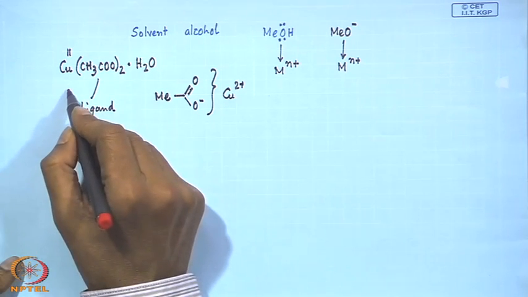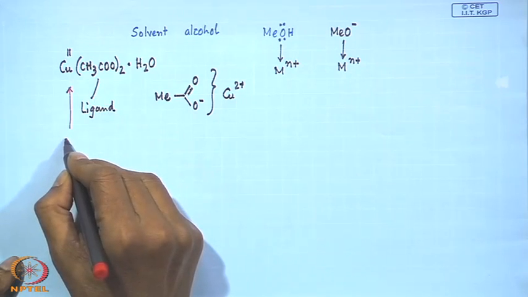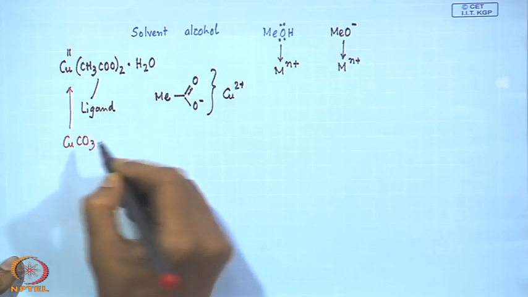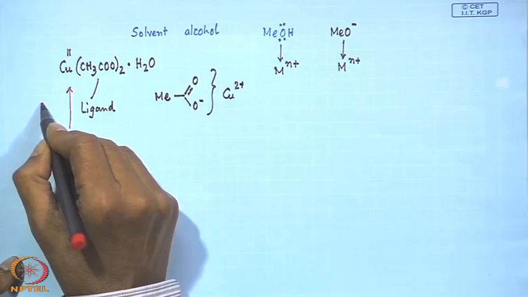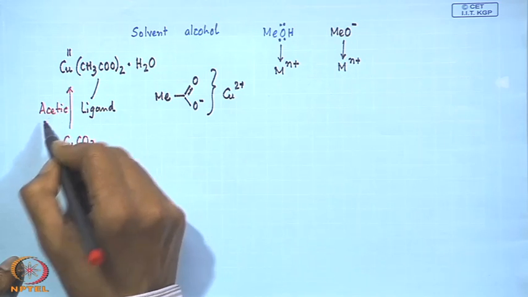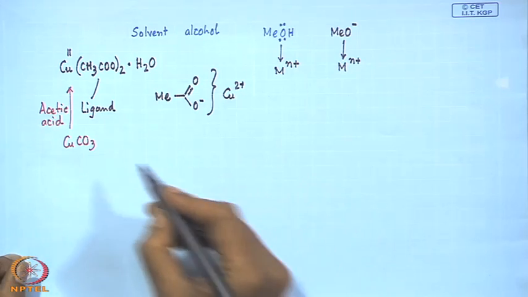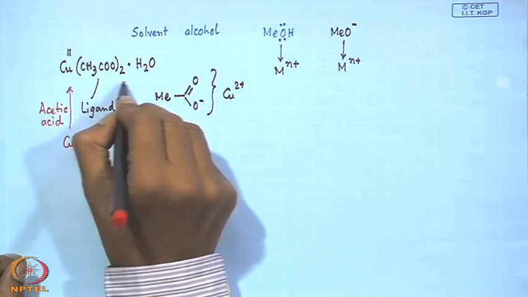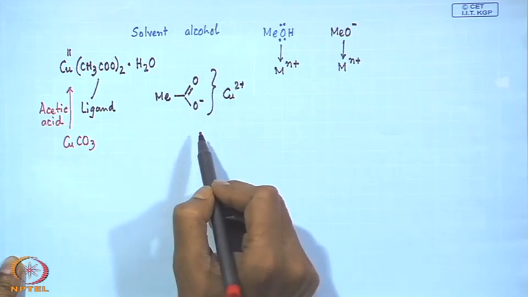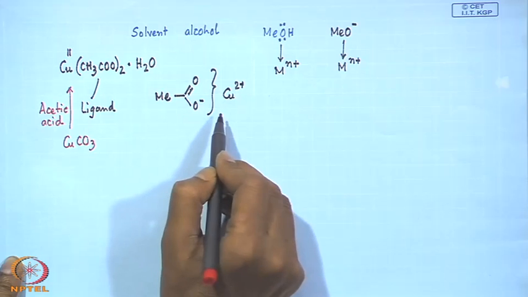is very easy to make from other compounds like the corresponding copper carbonate. You just simply add acetic acid, and after concentration and crystallization we get the crystals of copper acetate. So, this binding will be very important, but again this can function as a very good ligand to the copper